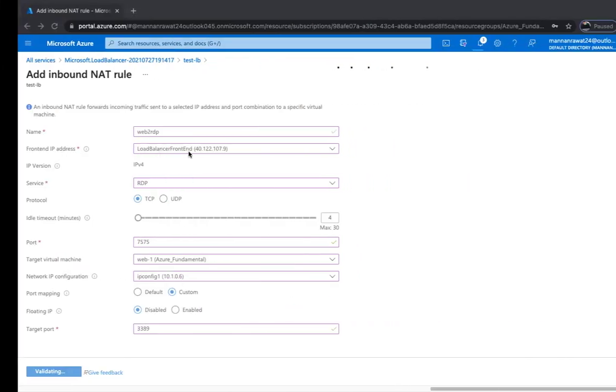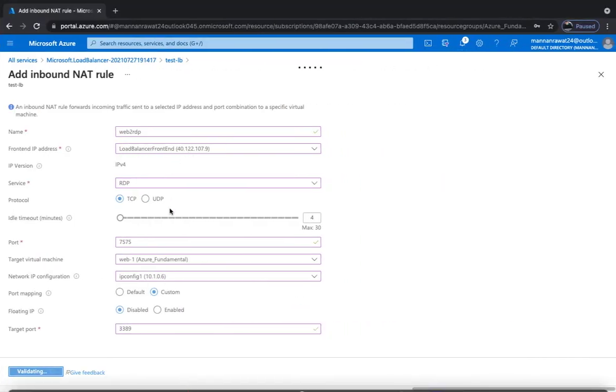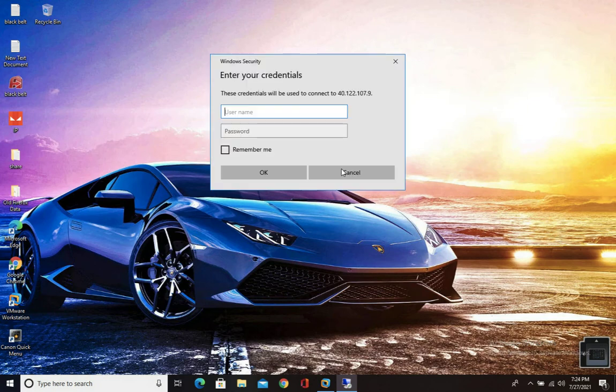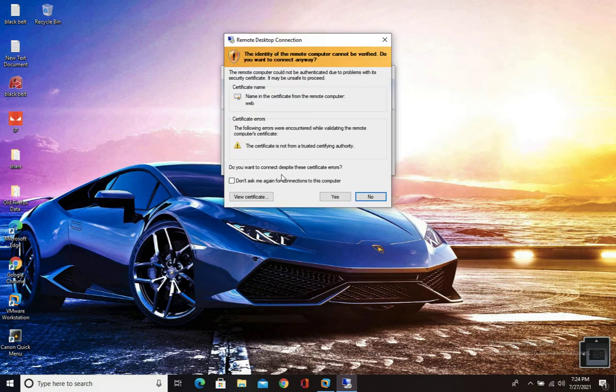If you want to access the first virtual machine, apply 8585 and connect. Provide the username and password that you used while creating your virtual machine, and click connect.